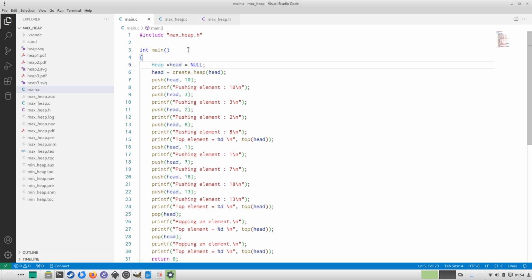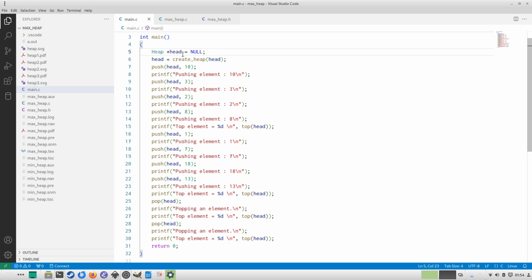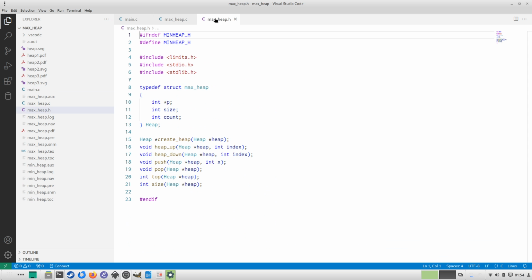So I have this main.c file, which is the driver of the program. I create the heap and push values, and then we look at the top and we pop the head, and we look at top again. Now the header file is,